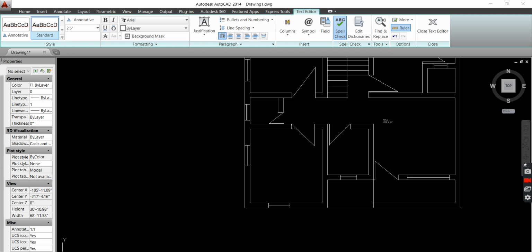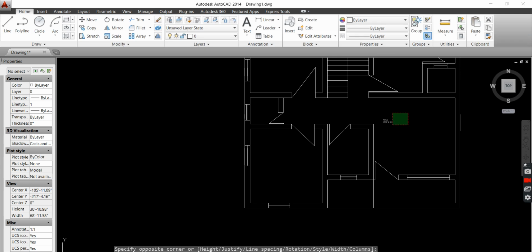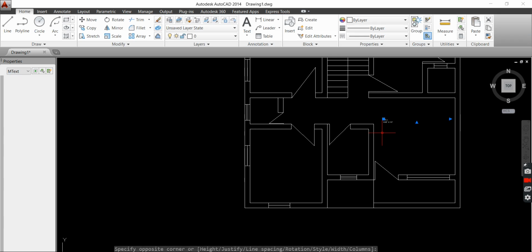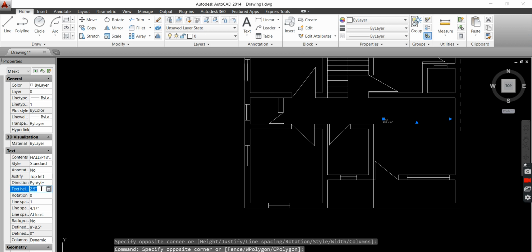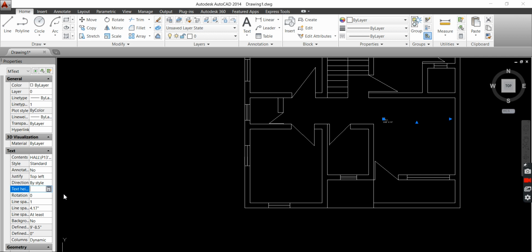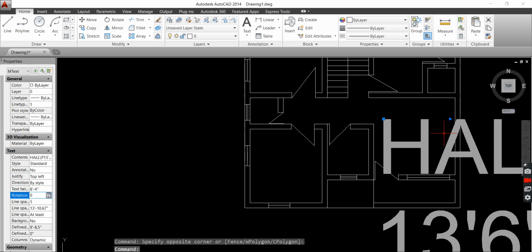Okay, this is very small. It is not visible to us, so we should increase the size. To increase the size, we should go to the text settings, and now increase the size.